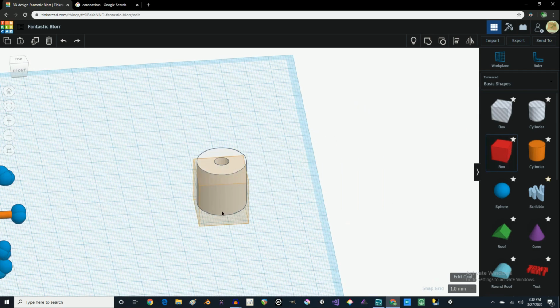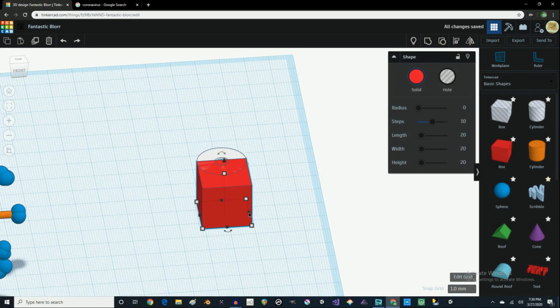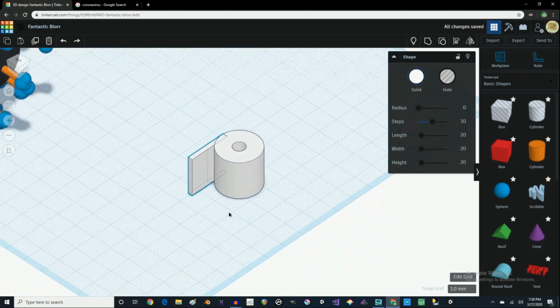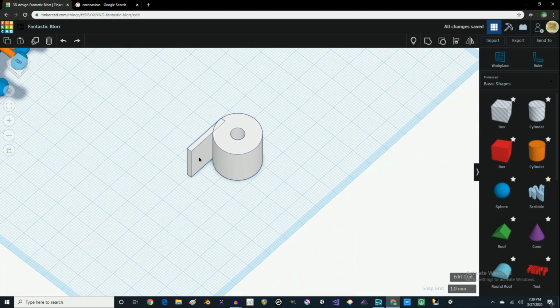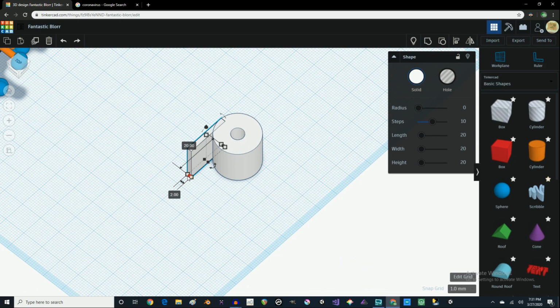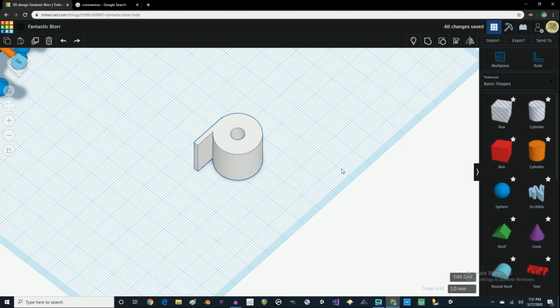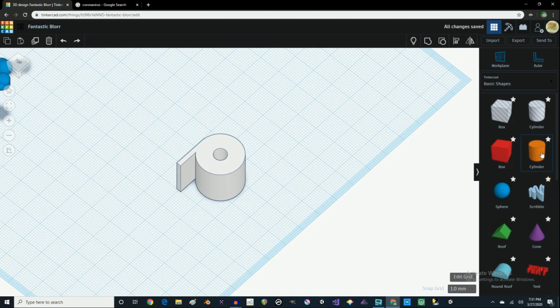Let's drag out a box, or a cube, as it should be called. Make that nice and thin. Turn that white as well. Alright. Let's make that a little bit shorter. I hate when my TP dangles too much. And let's group these, and let's select multicolor, because I also, just to make this a little more realistic, let's